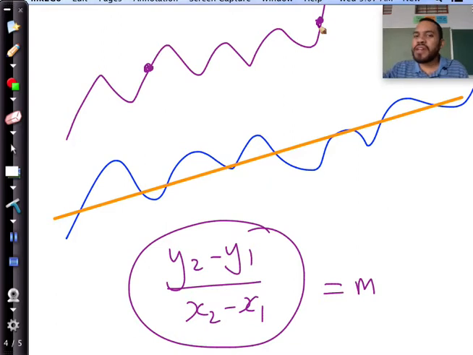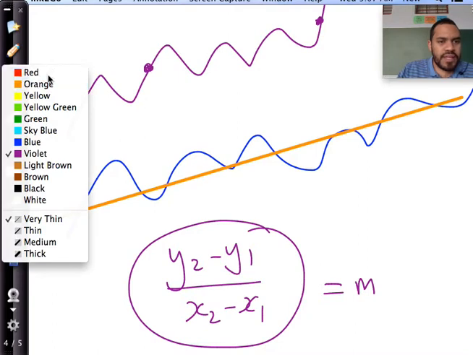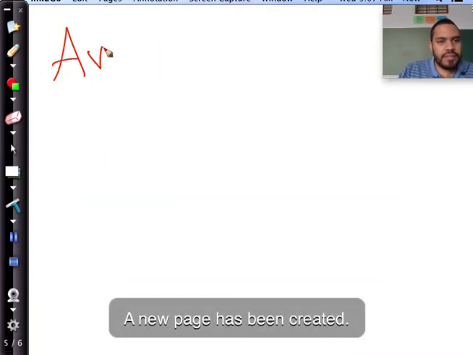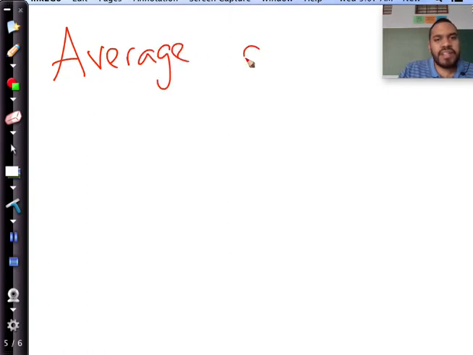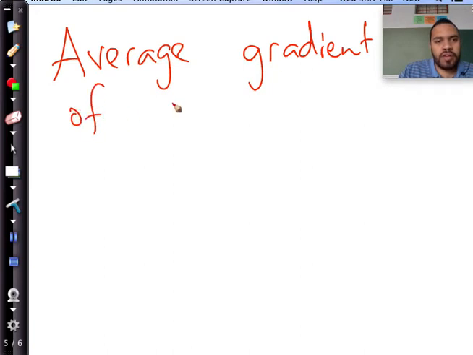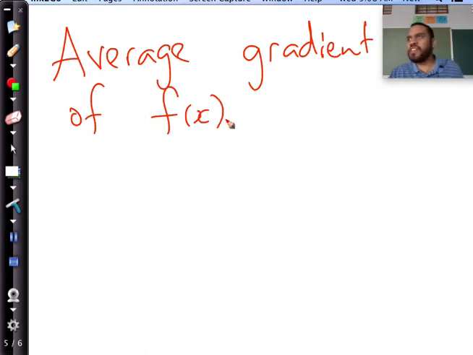How do things look? Does it look positive? Is it upwards? Or does it look negative? That's what I'm asking. Are you with me? So we now define the average gradient as the following. The average gradient, write this down. The average gradient of f of x. Now what is f of x? It is a function. Right? It's an arbitrary function, so I'm defining it in general. Okay? Of f of x, right,